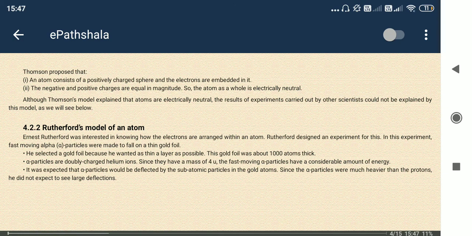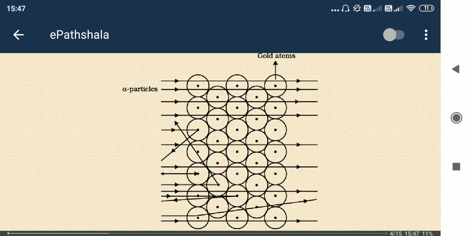So next, this is the Rutherford model, whatever I discussed at first: electrons revolve around the nucleus, and inside the nucleus protons and neutrons are located. That is actually given by Rutherford, okay. He concluded this from his experiment. The alpha particle is a positively charged particle, and it is hitting the material. What is happening is that mostly the positively charged alpha particle goes in a straight line, not changing its direction.